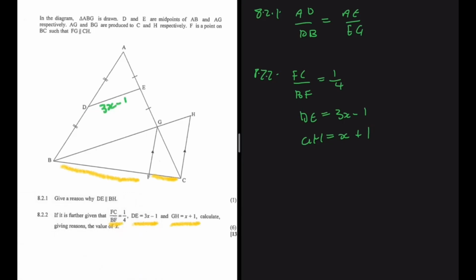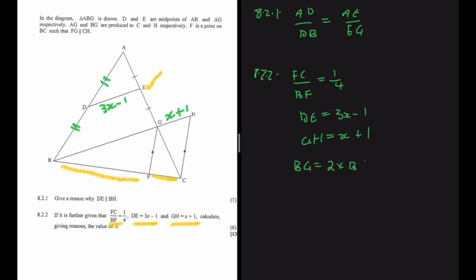GH is x plus 1. So here we're given x plus 1. Okay, so now I see what's happening here. If DE, this line here, cuts AB and AG such that AD is equal to DB, you can see here, because of these lines that we're given, that AD is equal to DB. If DE cuts AB such that AD is equal to DB, then we can say that BG is equal to